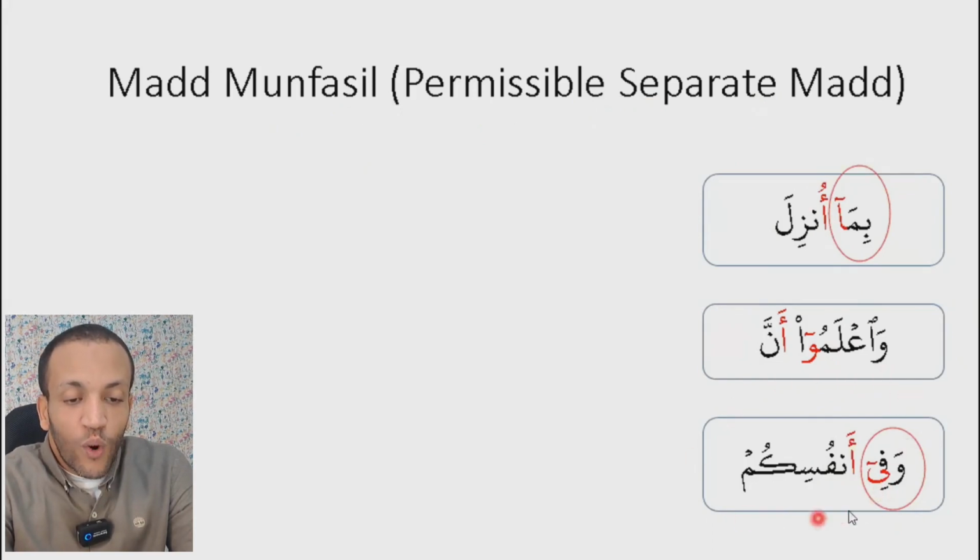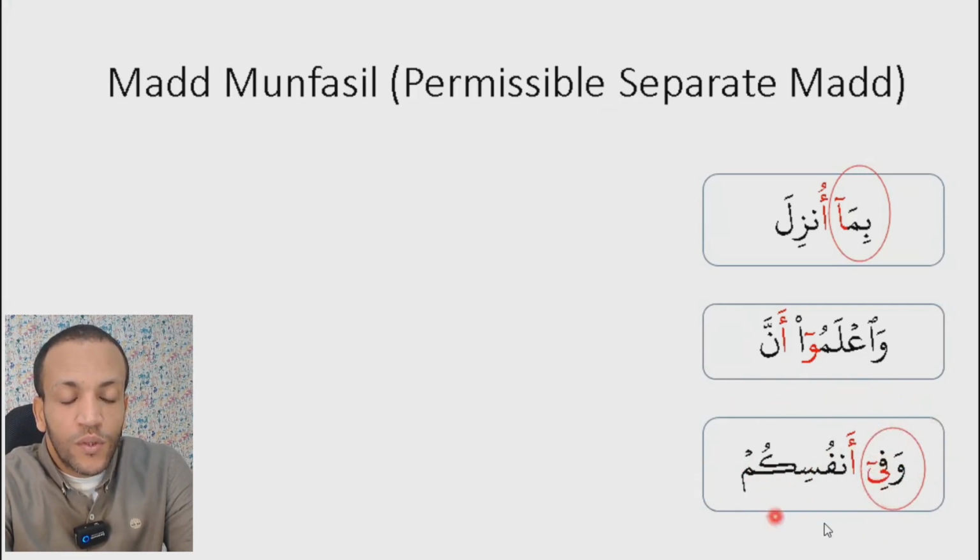So here, if you read the two words together, you will prolong here the sound of the letter Ya, 4 harakat, and you will say وفي أنفسكم، وفي أنفسكم. But if you read the first word only, you will apply a natural mad here. وفي. But together, the two words together,